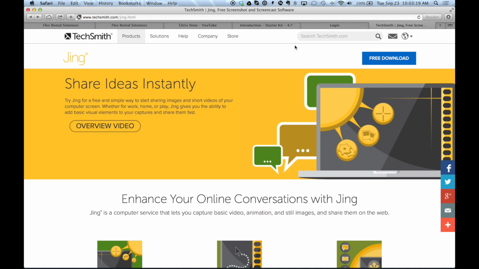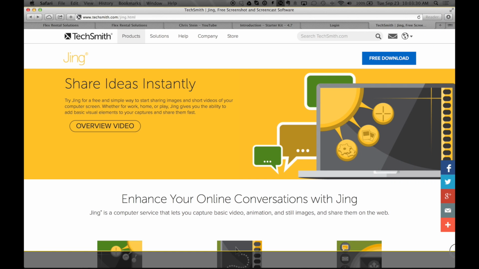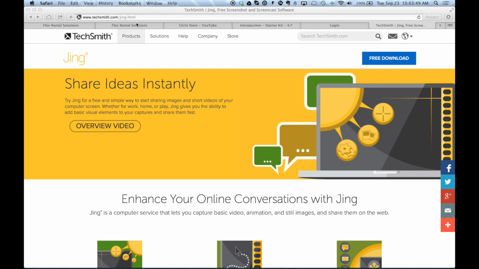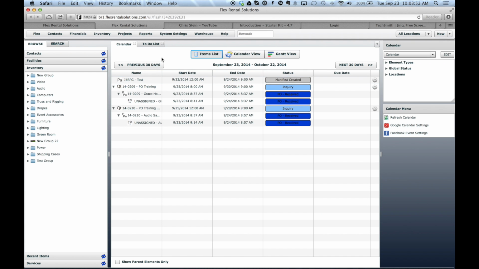But basically what this program does, you can see up here, there's a little icon that now appears in my dashboard here. I can click on that and click capture. And from here I can capture part of my screen or the entire screen. And then it will give me the option to either capture an image or a video. So let's exit out of that and go to Flex. So for example, maybe if we open,